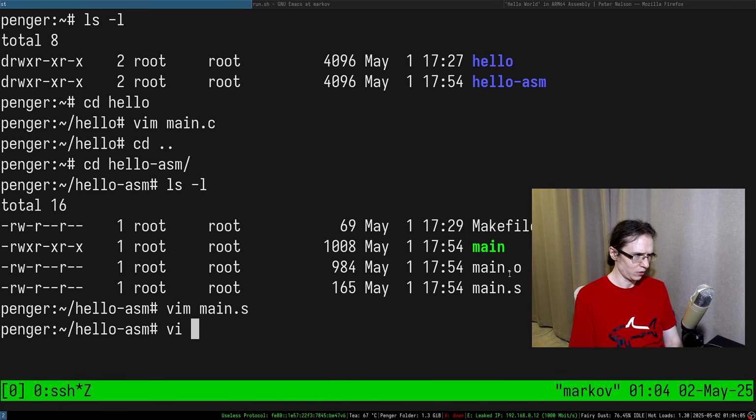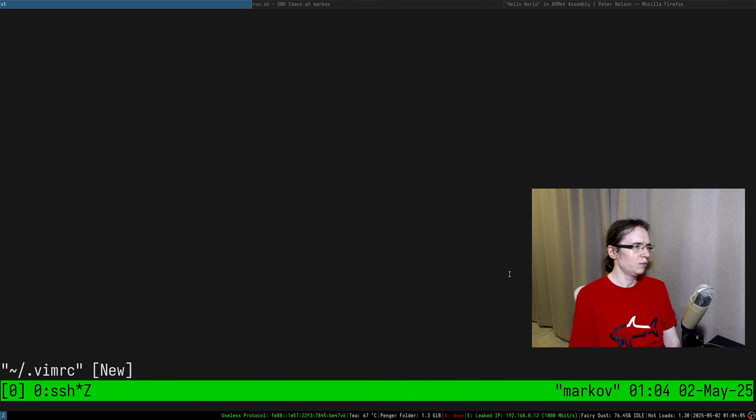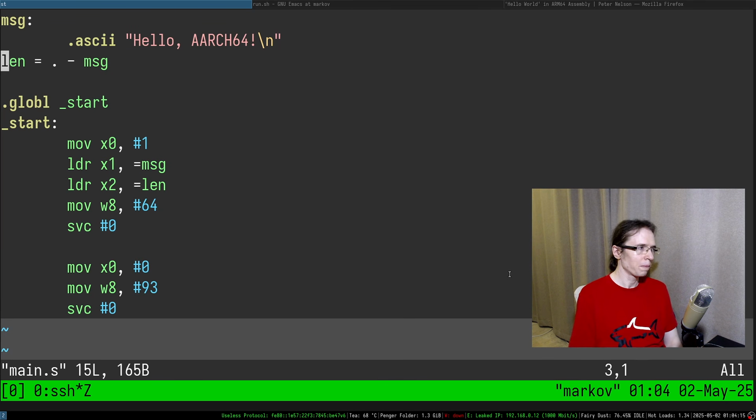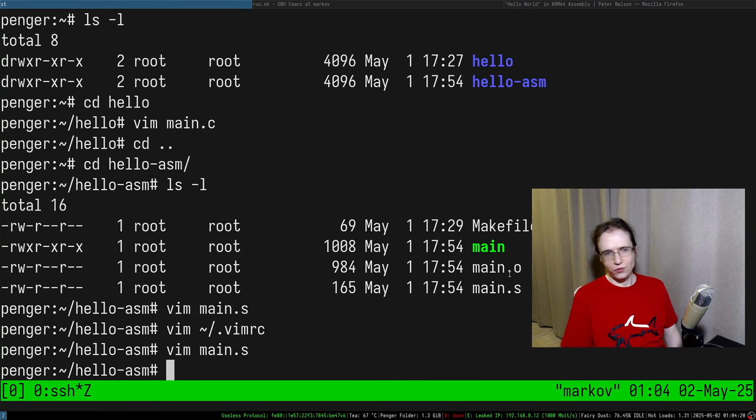So it's just vimrc, and I probably have to enable some other stuff. So colorscheme desert. And then I can do something like that, and it's automatically like this. See, I know how to use Vim. This is so cool. I really like that.